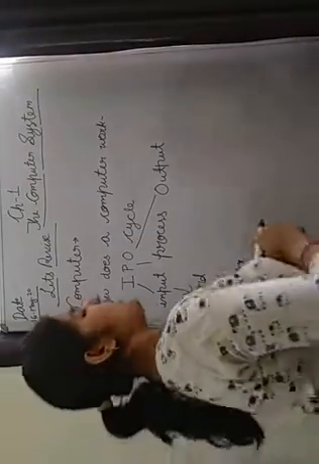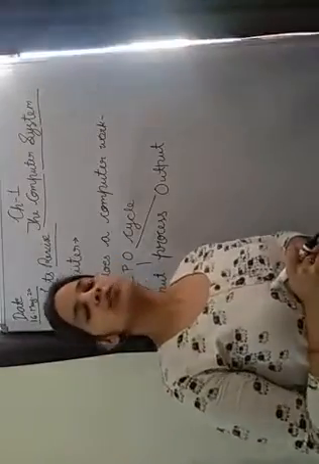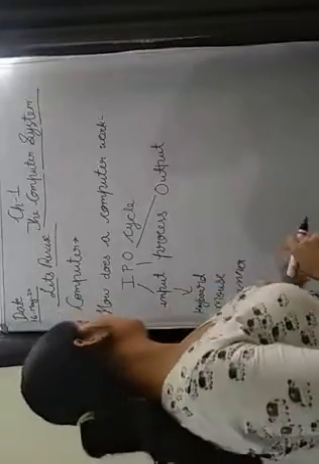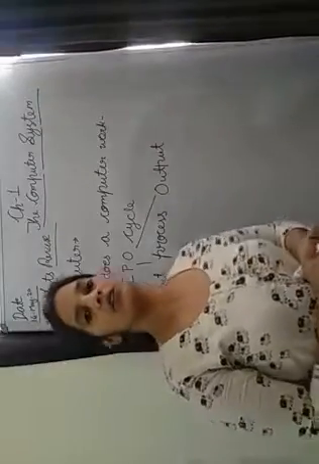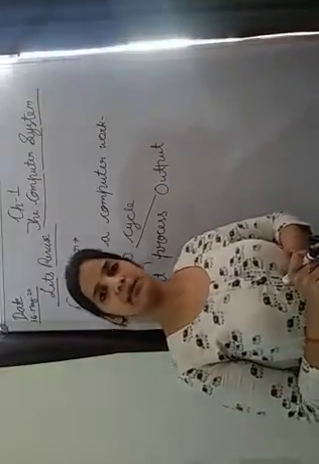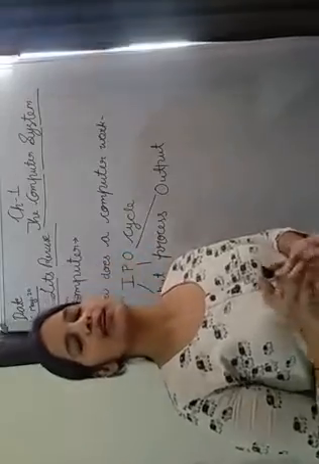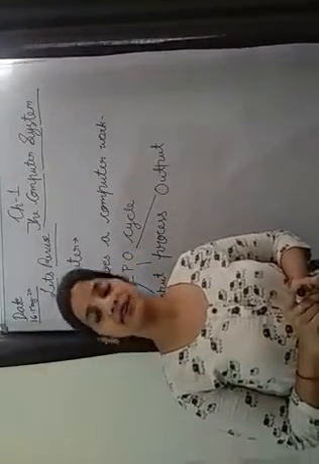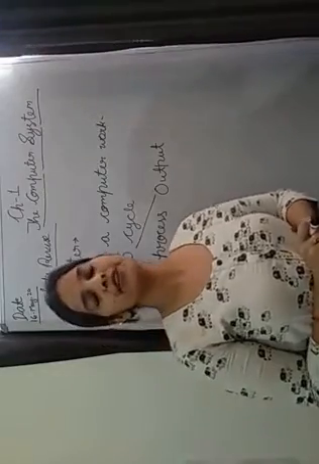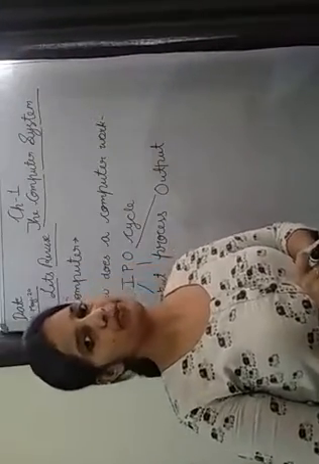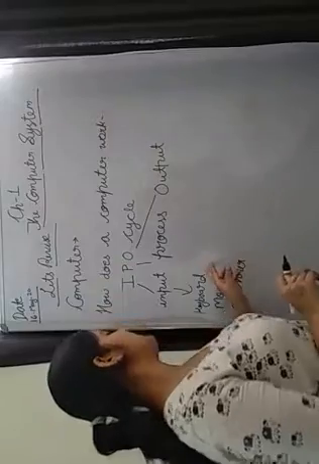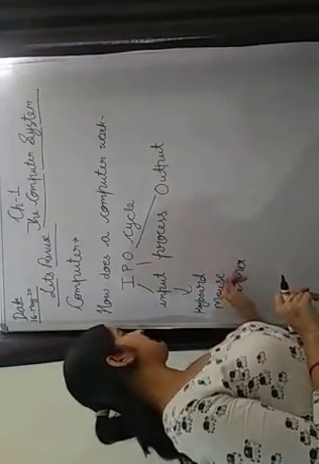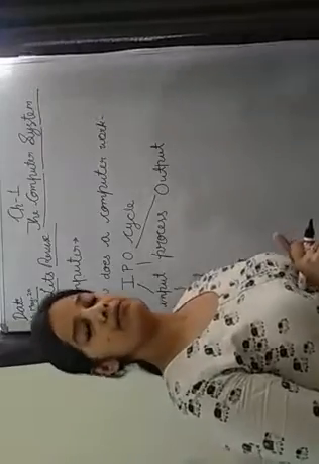So on the keyboard there are many types of keys available. Using the keyboard the computer accepts input, means you can type any character, any number, any function, means many types of keys are available on the computer keyboard. So from there the computer takes input. Okay, now the second input device is our mouse.